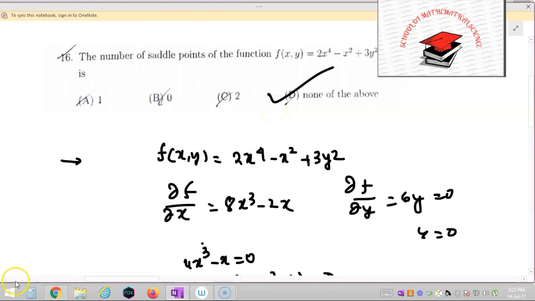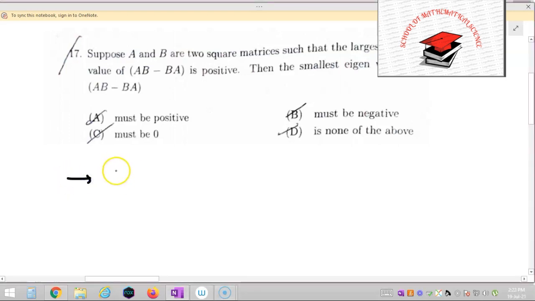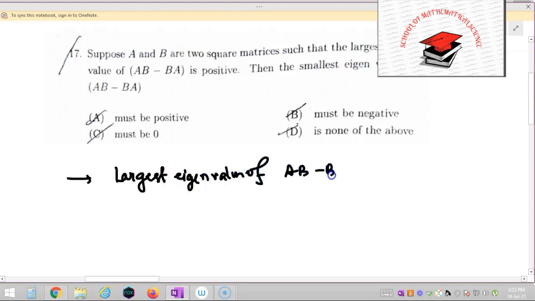Now let us solve the question number 17. So question number 17 says that A and B, 2 square matrices, are such that the largest eigenvalue of AB minus BA is positive, right students? So from this what can I say? Then the smallest eigenvalue of A must be positive, must be negative, must be 0, none of these. So first of all,